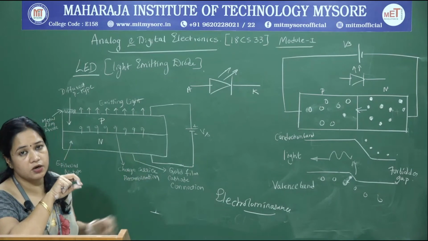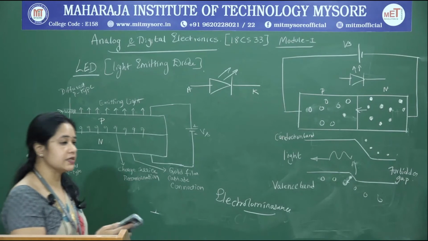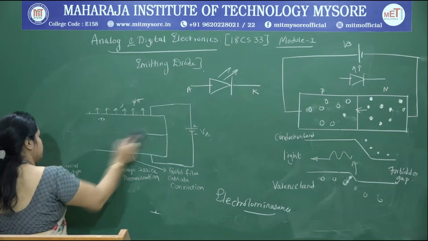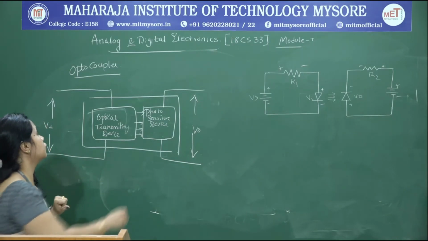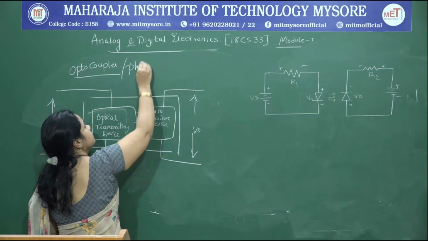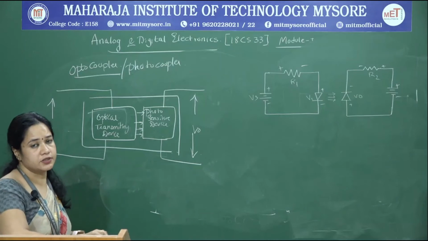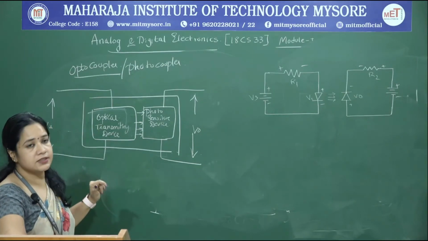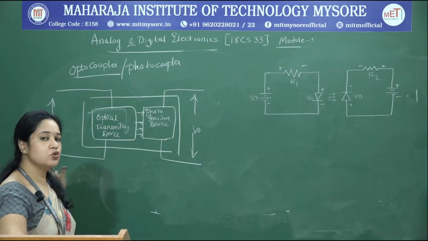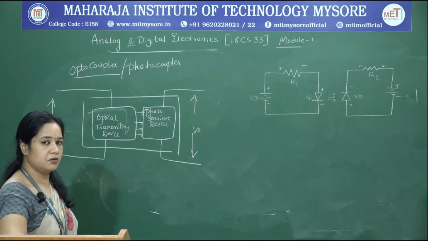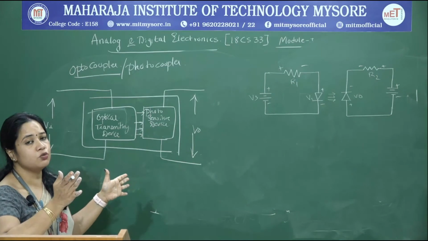We will move on to what are called optocouplers, the third type of optoelectronic device to be discussed. So the next type of optoelectronic device is an optocoupler. It is also called a photocoupler. We also term them electric isolators. As the name indicates, they are used to couple electrical signals. So basically it is used to transmit a signal from one part of the circuit to another part of the circuit, still isolating the two parts of the circuit.